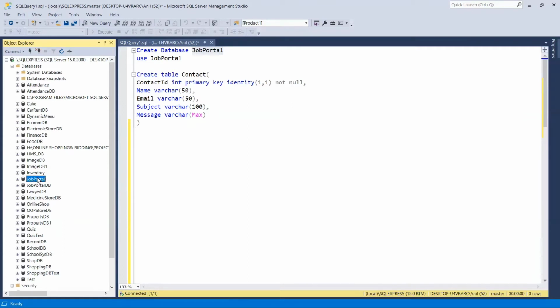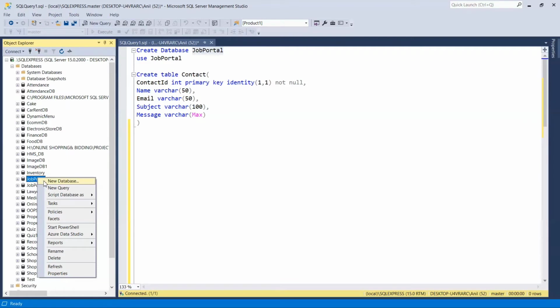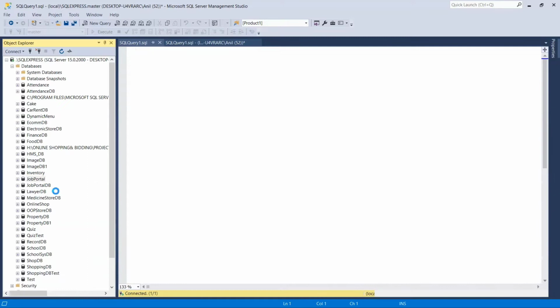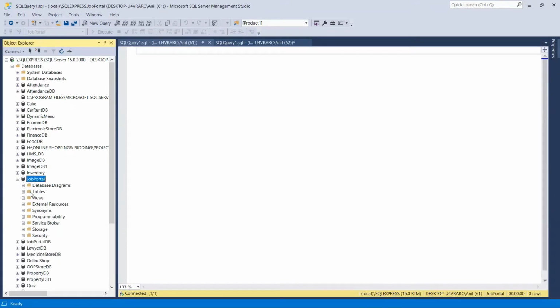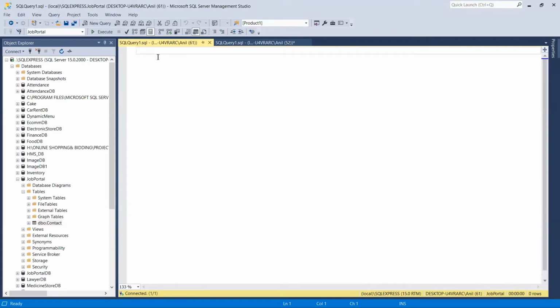New query. We have only one table, I think that is for contact. So now we'll create a table for country.